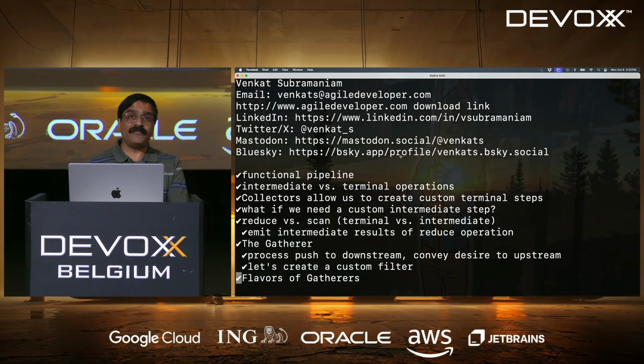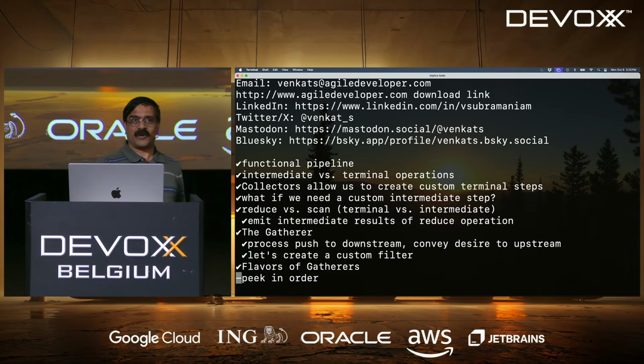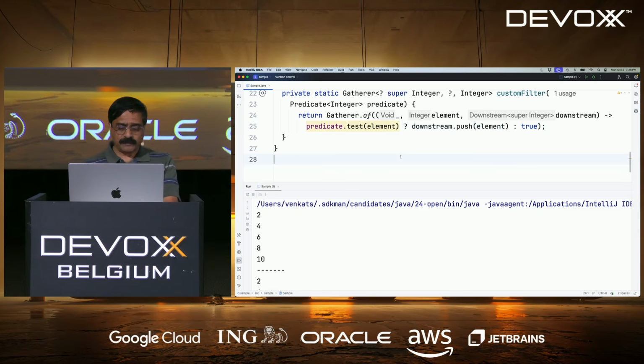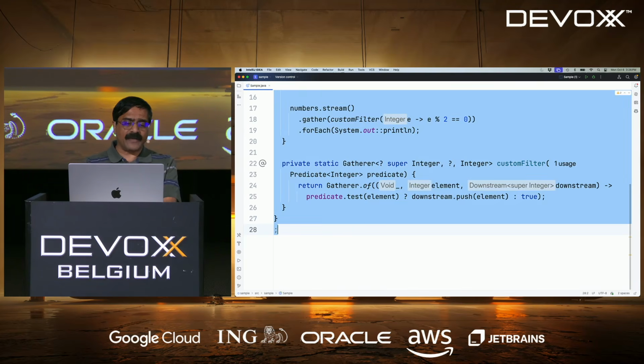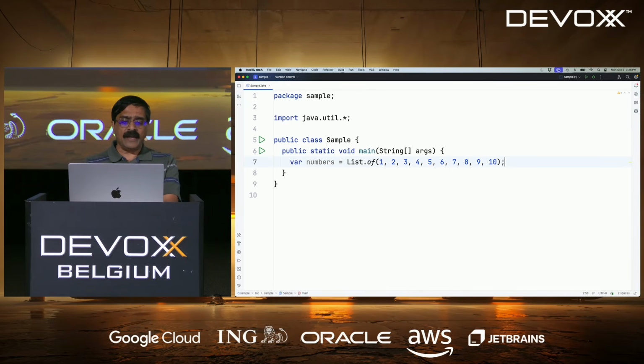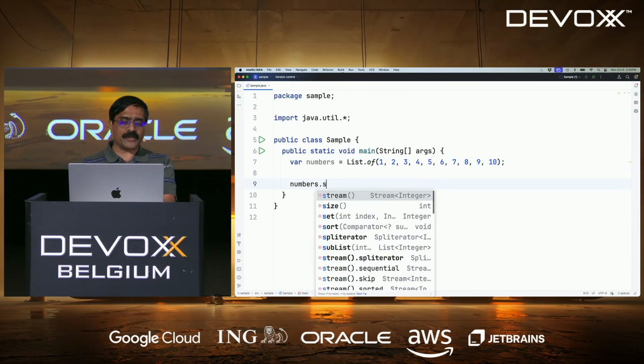So we talked about the 4 flavors of gatherers, right? That's what we did. Four flavors of gatherers. Let's look at an example of implementing this just to get a feel for it. So let's go ahead and take this collection of data that we have, and let's go to